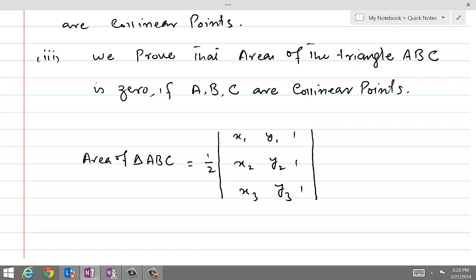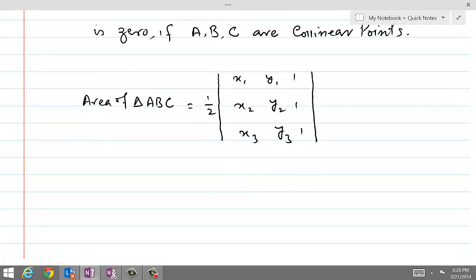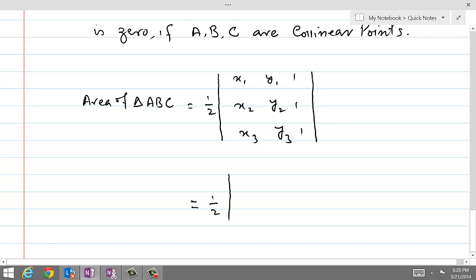We take the area of the triangle equal to half of the determinant, and now we replace the values. x1 y1 are the coordinates of A, which is 0 4,